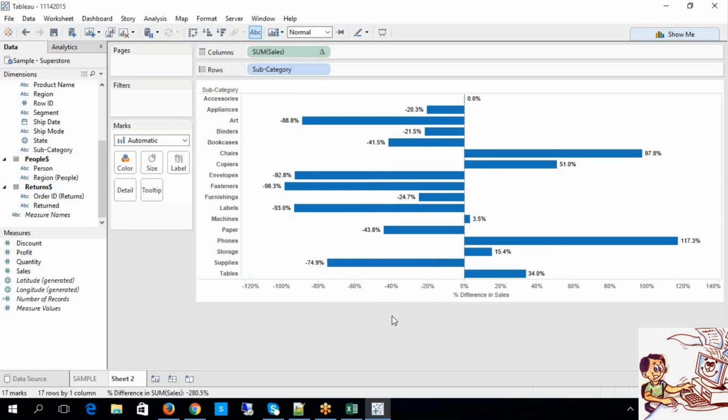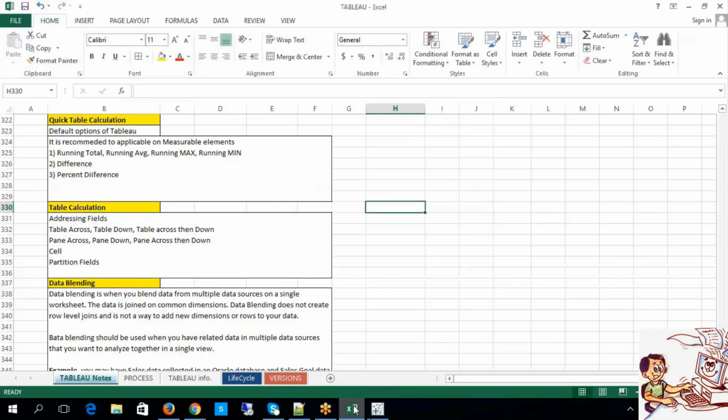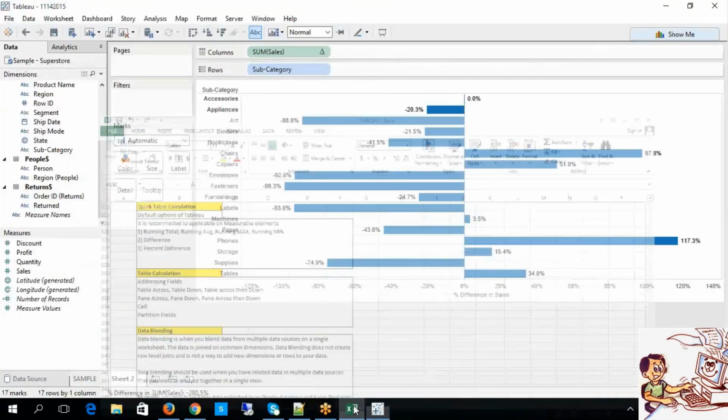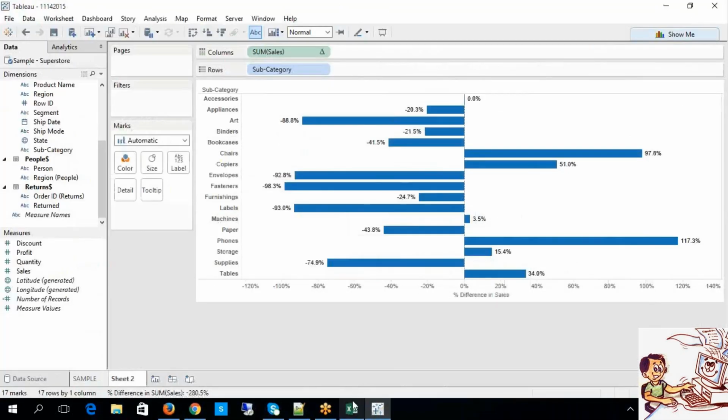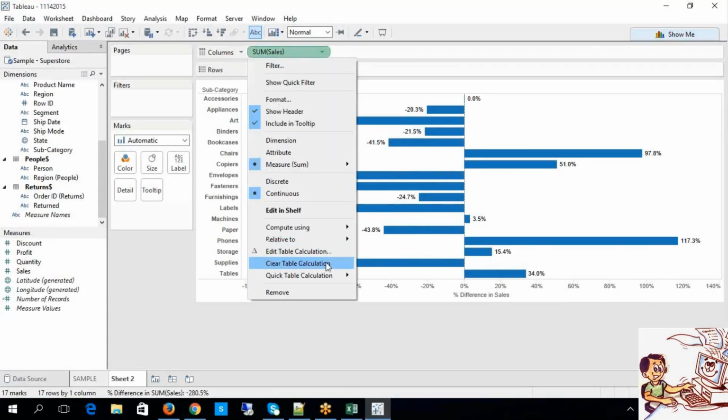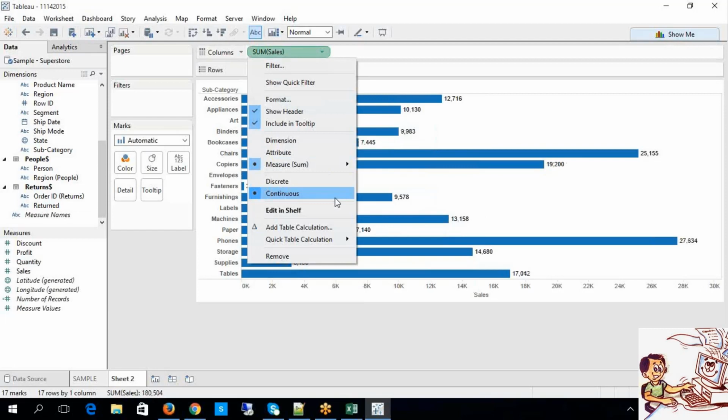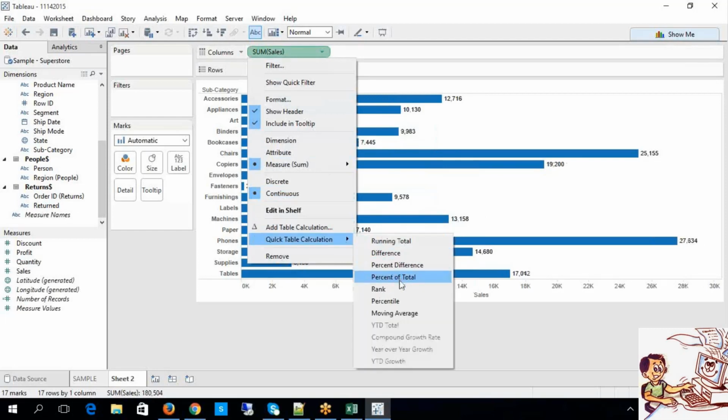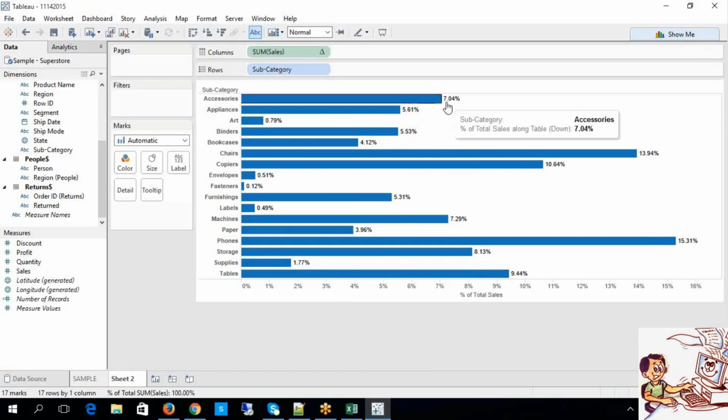That is also possible. That is what we call percent difference. And the other one that I'm going to focus on is percentage of total.